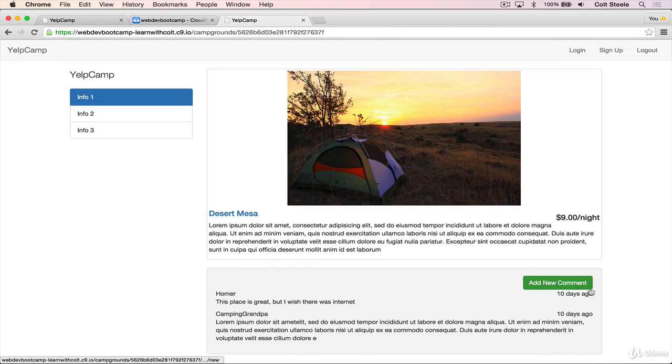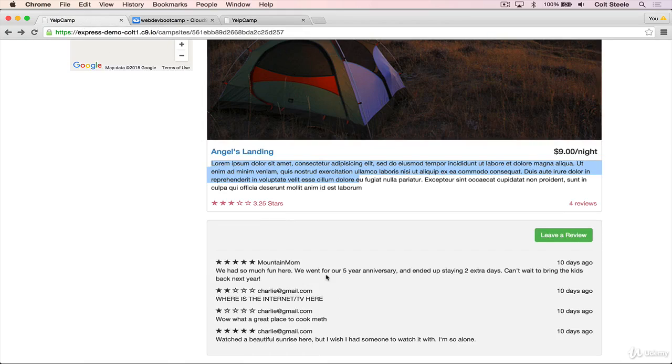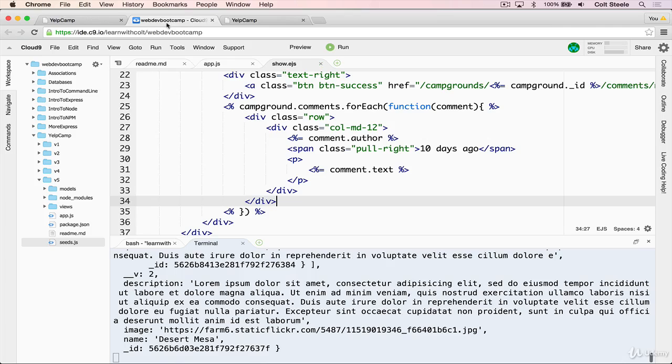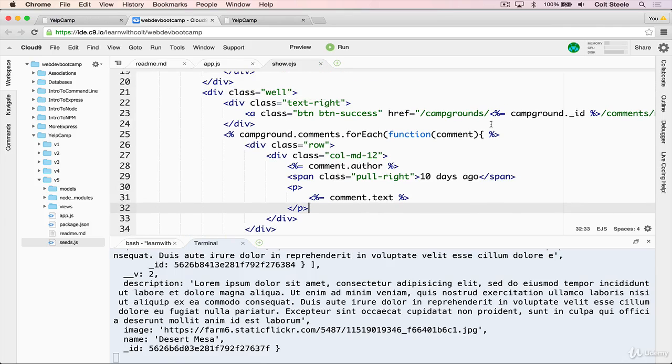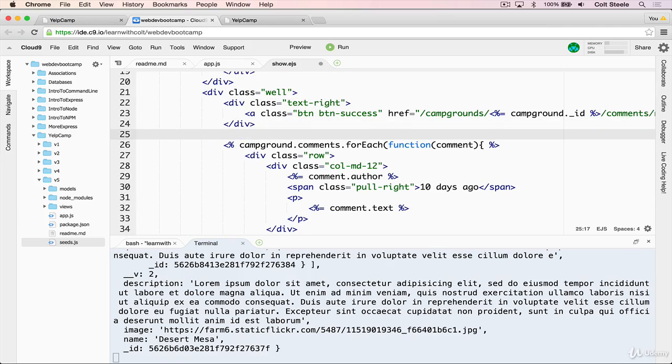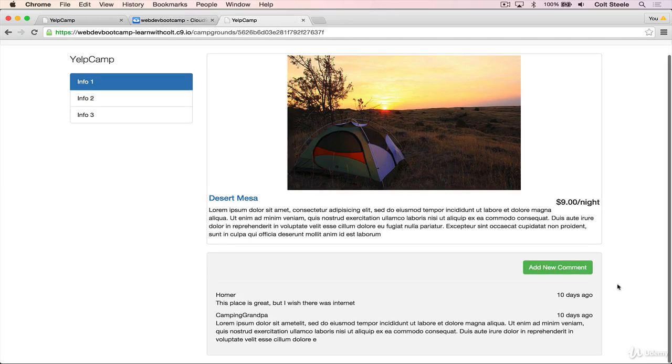That's working. I do have some space that we want to add. If you take a look at what we have here, there's a really faint line. I don't know if it'll show up on the screencast. There's a really faint line that adds some spacing in, and all we need to do to make that work is add in an HR. So right after this text right, which is the button, we just add in a horizontal rule. And if we refresh, we now have some space there, we have our button,